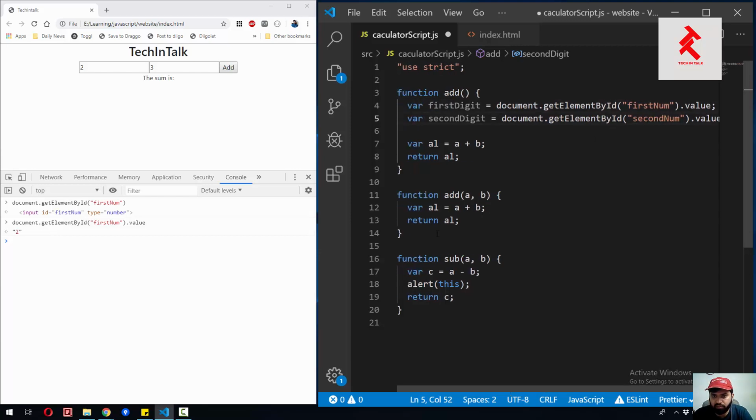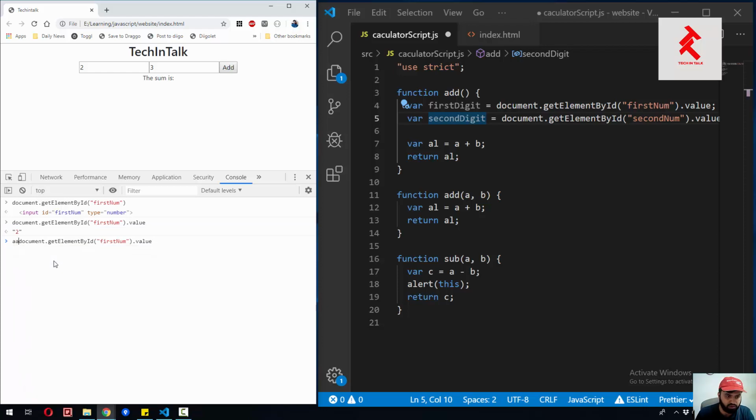Right, so now we have the values from both of these input fields, and what is missing is we have to parse these values into int, because currently these are in the form of string. You can see that here. So to convert its value, let me demonstrate. You can use parseInt, which is a JavaScript method. You can convert a string into integer,